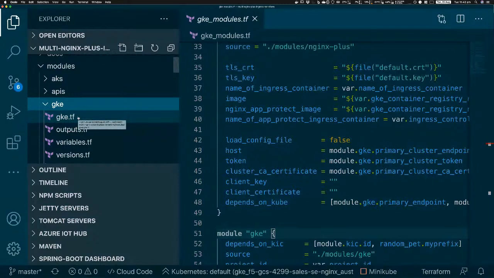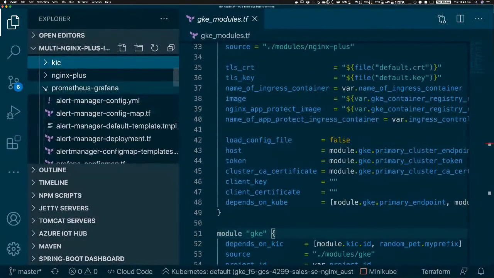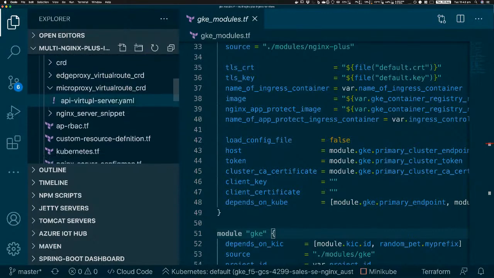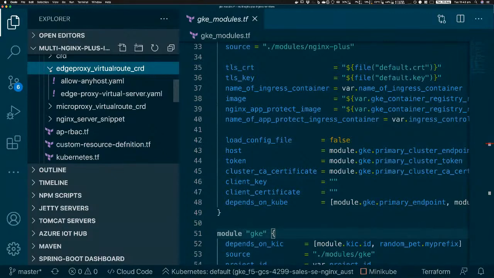The code is right in front of you guys. You should be able to take this with a simple change of where you really want it to run. Do you want to run it against your local Kubernetes, or against your GCP, or against AKS? You can do all of this with this single project. I have two projects. This one I did for multi-ingress, and the other one is the single ingress controller, which actually runs in the edge. We will share both of the codes. So here, as I mentioned, I have deployed NGINX Plus on both edge proxy and the micro proxy. The other thing which I wanted to highlight here is